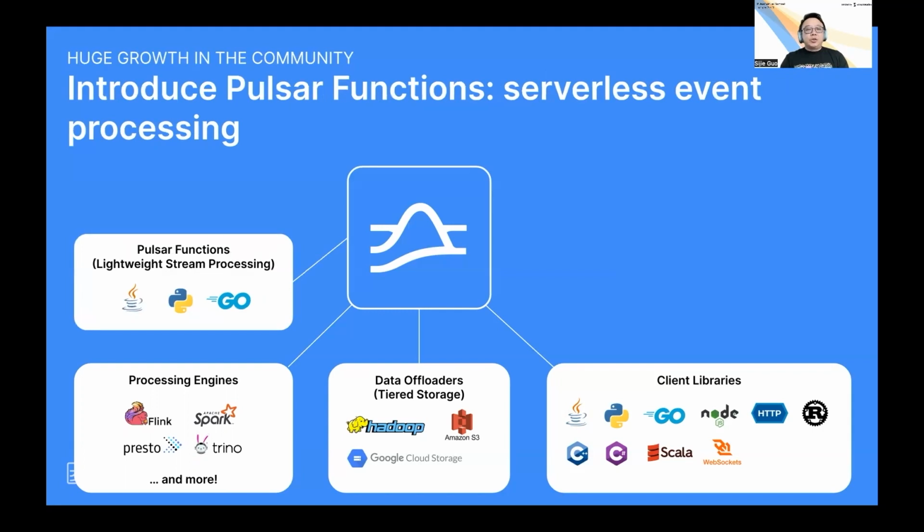However, not all applications require complicated systems like Pulsar and Flink. Pulsar introduced the concept of serverless event processing into its ecosystem. It introduced the concept of Pulsar Functions, which is a lightweight event processing engine. People can write simple functions to process events as they arrive in Pulsar without bringing in a full-fledged system like Spark or Flink in order to achieve their job. With Pulsar's function engine,